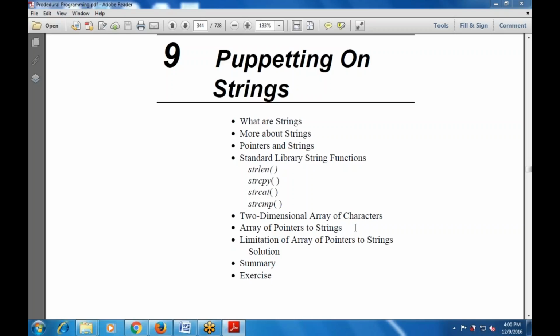Today's topic is the string, whatever the string that we have done. So whatever the string that we are using with the C language, the next chapter is